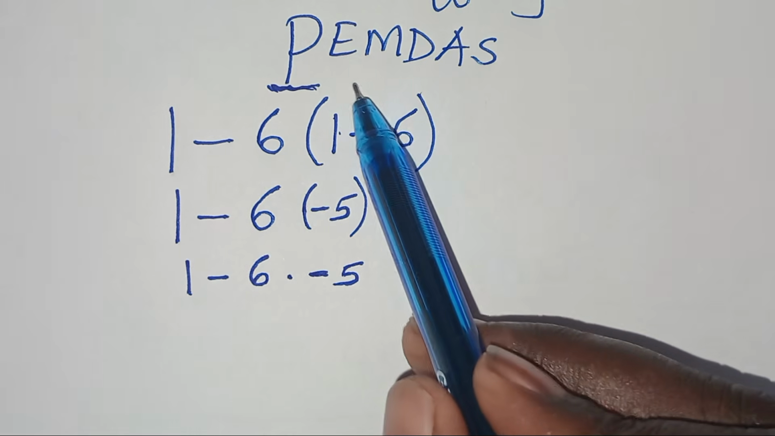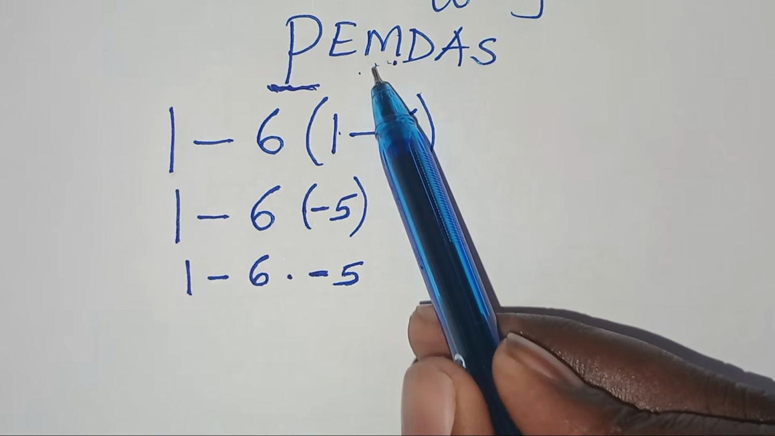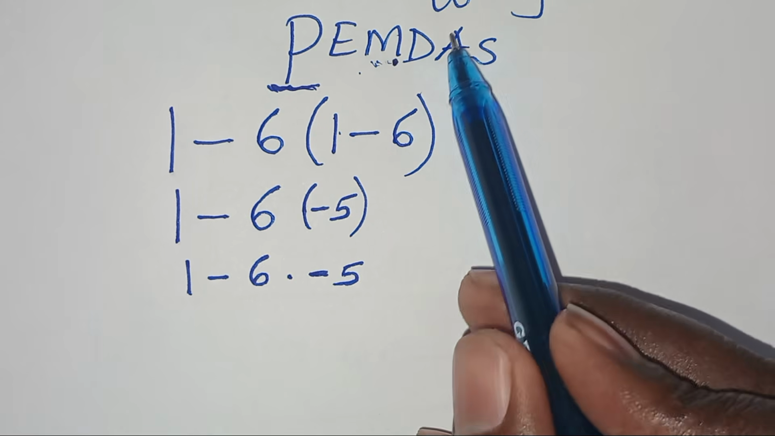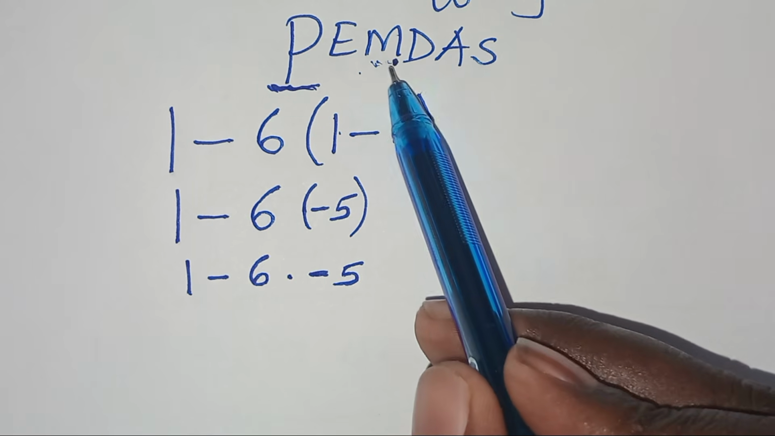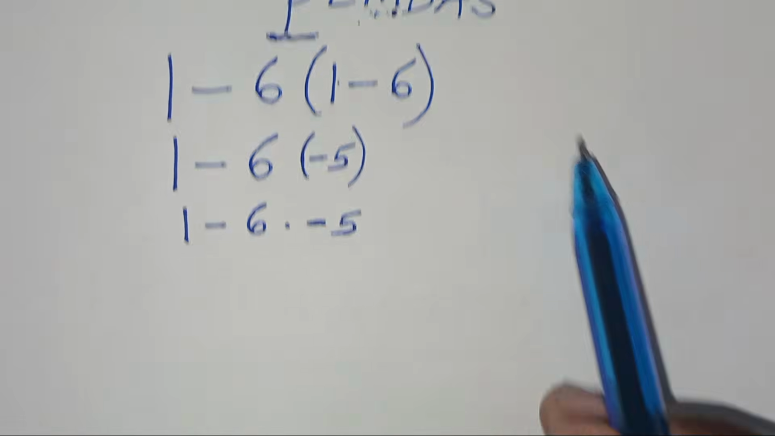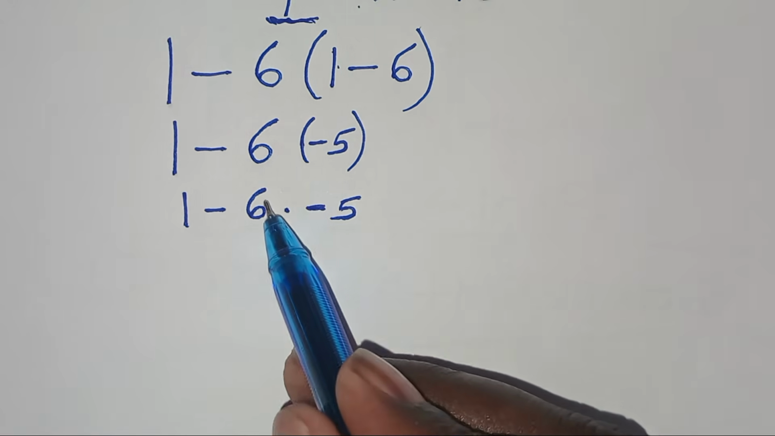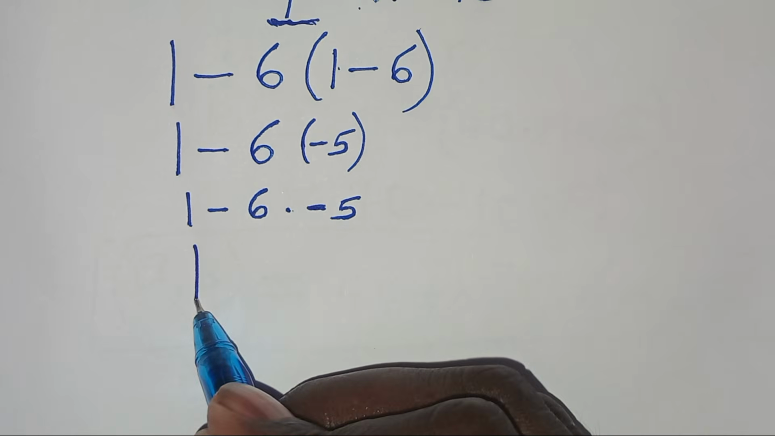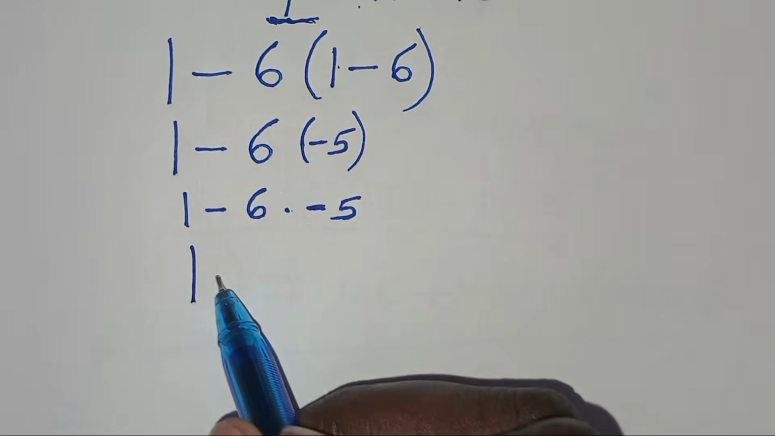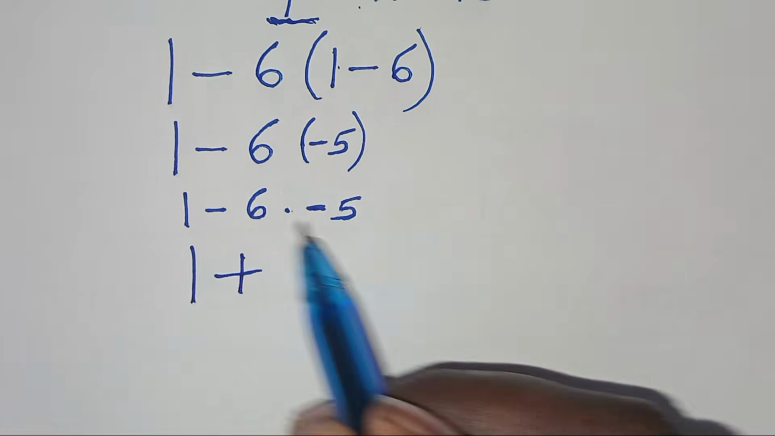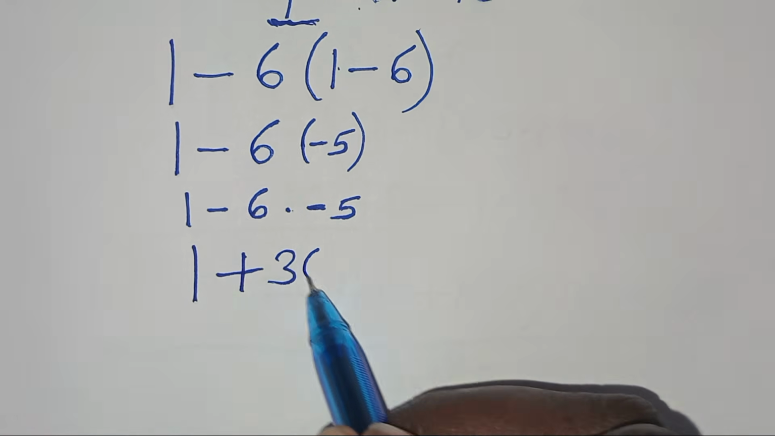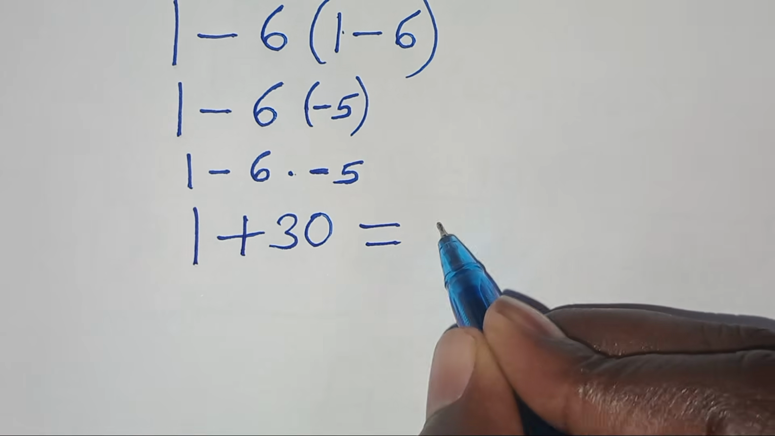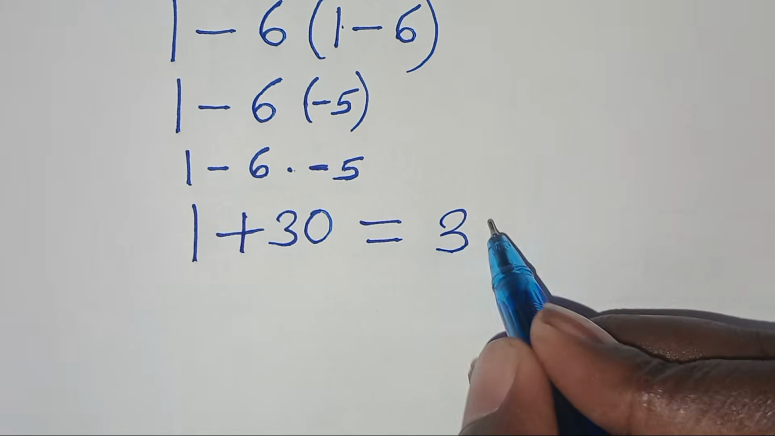Now, here we have multiplication. Multiplication comes first, then addition and subtraction. So let's operate the multiplication first. We have negative 6 multiplied by negative 5. So this means we have 1, and negative times negative is plus. Then 6 times 5 is equal to 30. And this implies that the solution here is equal to 1 plus 30, and this is equal to